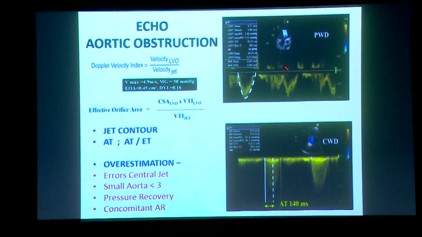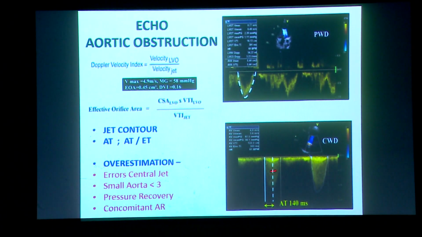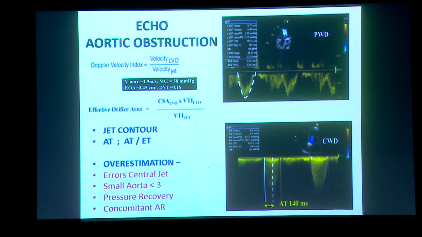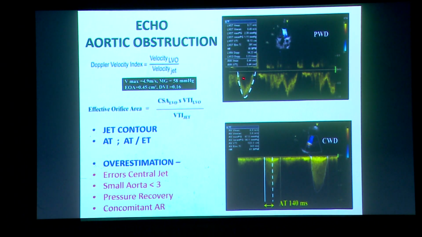One more thing I want to look at is the continuous wave Doppler. You put the Doppler across the prosthetic valve and look at its shape. If you get a more rounded and denser shape, that is more severe stenosis. Normal valves, when there's no obstruction, will have early peaking and a triangular pointed shape out here. Here it is a more rounded shape.